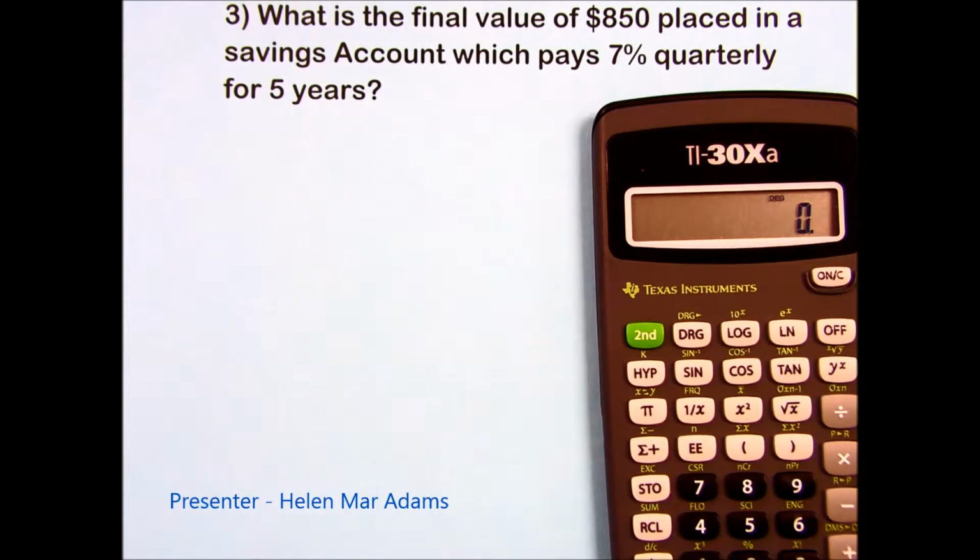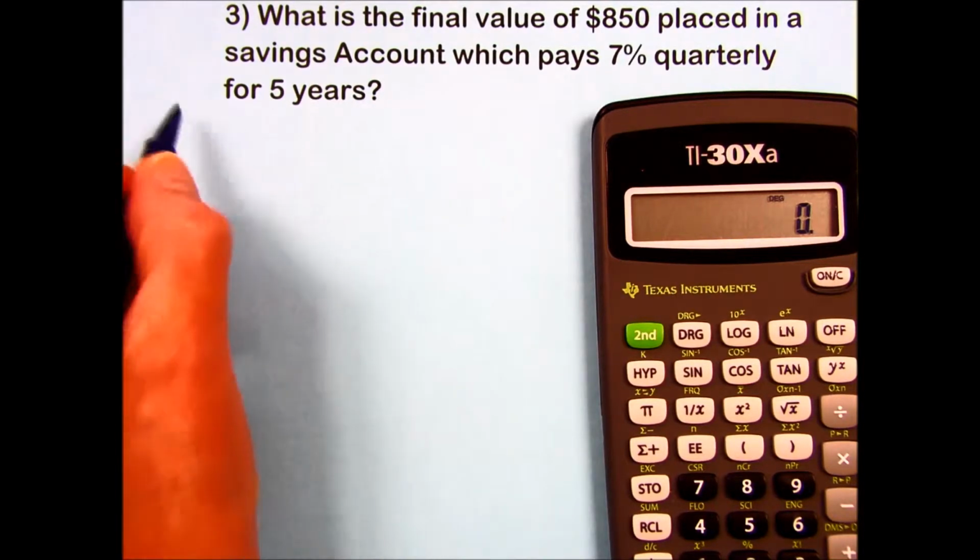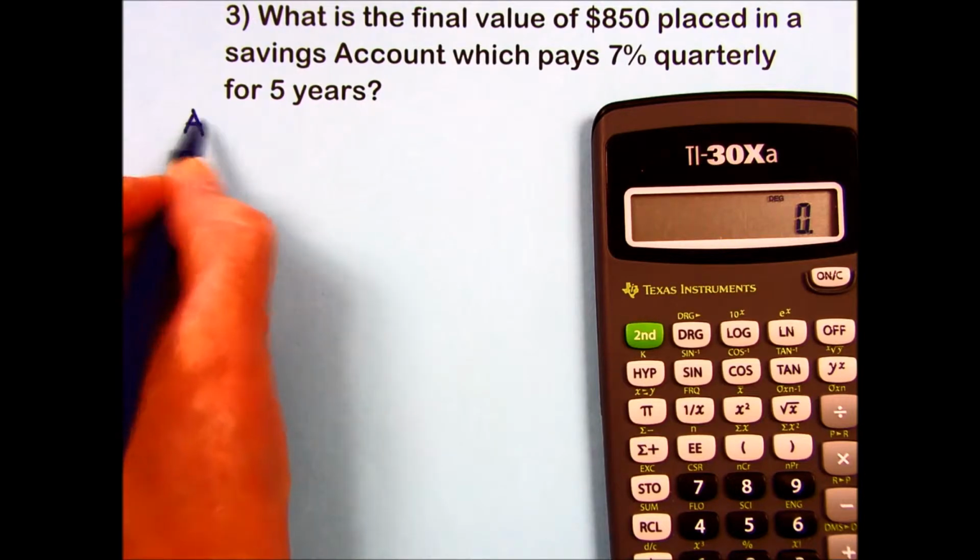Practice set 34, number 3. What is the final value of $850 placed in a savings account which pays 7% quarterly for 5 years? Identifying the information in this problem, they're asking us for the final value,